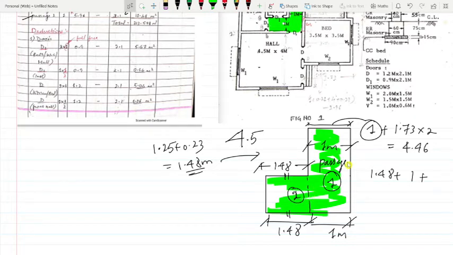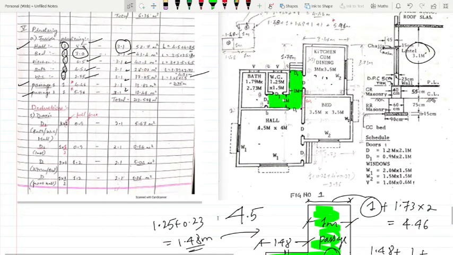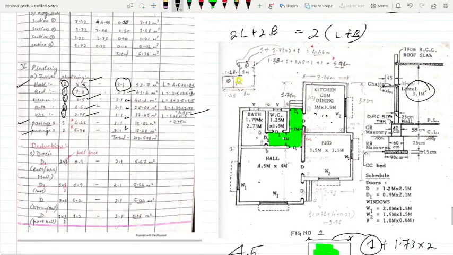So how do you get this 1.73? So just see, where is this 1.73 meters? You have this here.